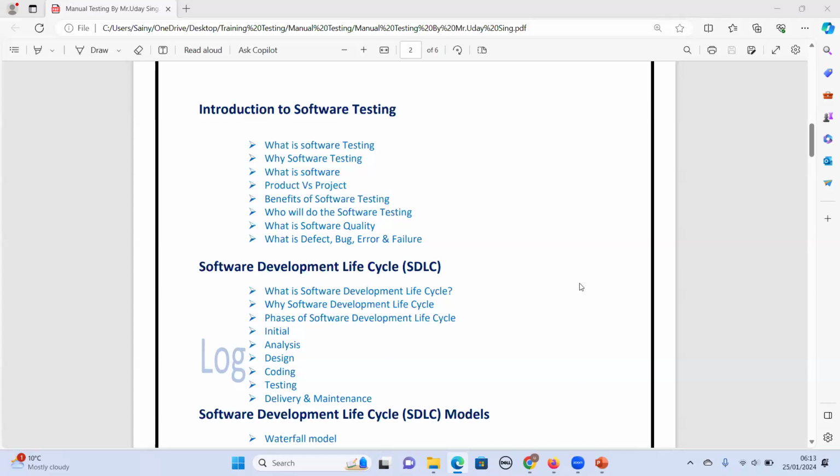So what are the phases? Initial phase, analysis phase, design phase, coding phase, testing phase, and delivery and maintenance phase.